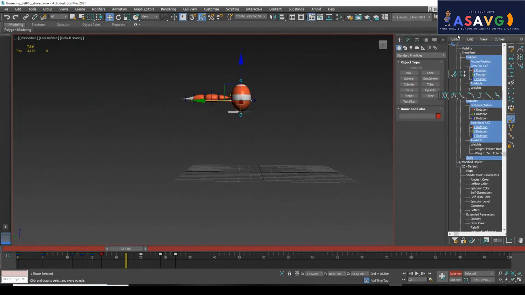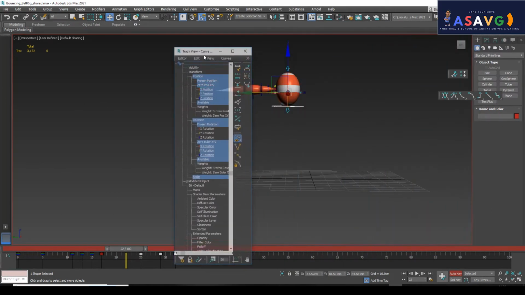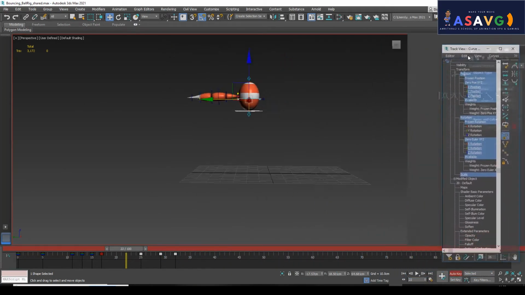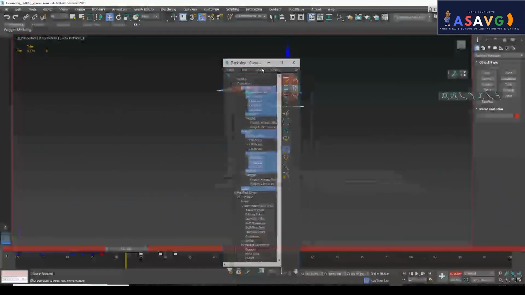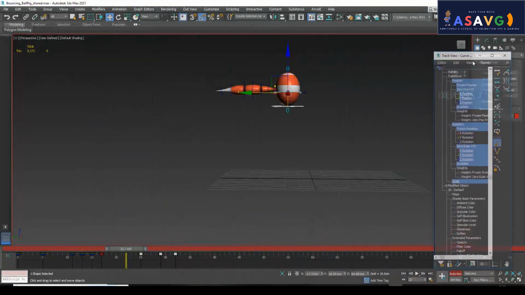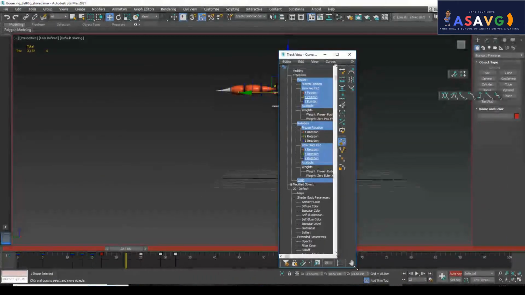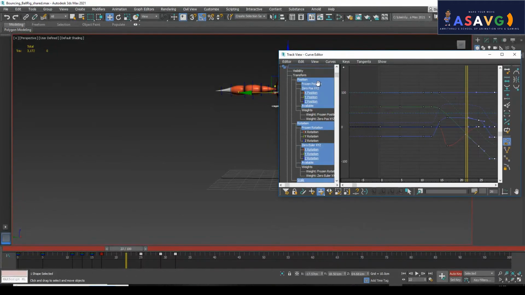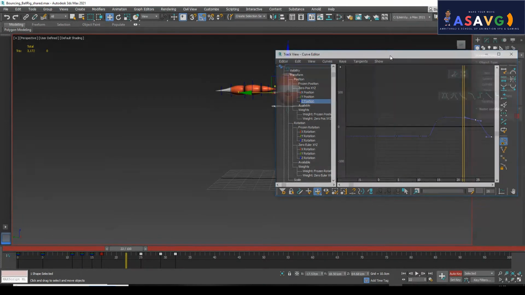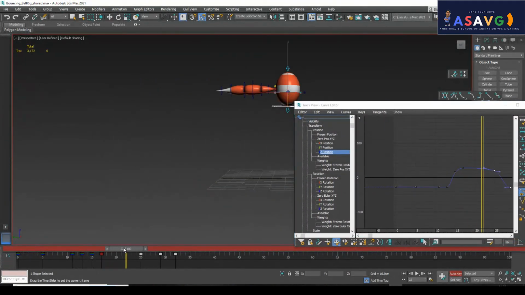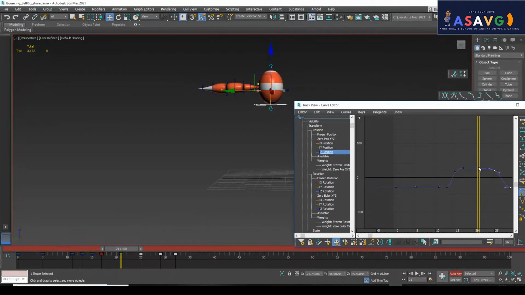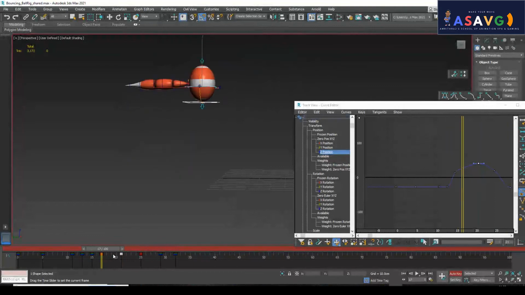So this is the new problem. This is not a problem, this is very helpful. If you drag here, we can position it to any area we want. So okay, here or whatever area you want. Okay, that's really good. So I'm clicking here and on the Y Z axis I want to make it a little bit up. Selecting here and pressing a key, I am making him a little bit up. Now you can see more arc and more time.